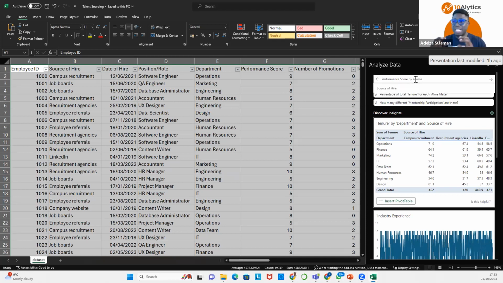And again, the moment you start to type the column that you want, you'd see it drop down for you. So you can keep on typing it, or you can just click on the drop down. You can see source of hire, and I click on that. So you'd see I've typed in performance score by source of hire. That's what I want Excel to give to me. The performance score by source of hire.